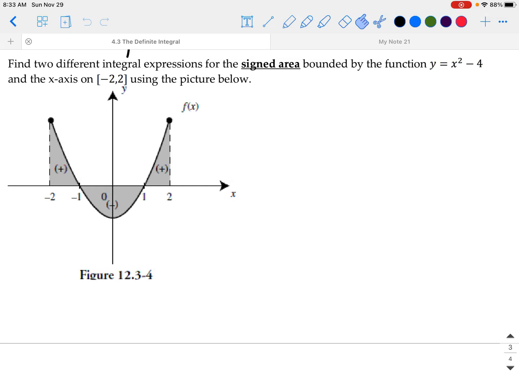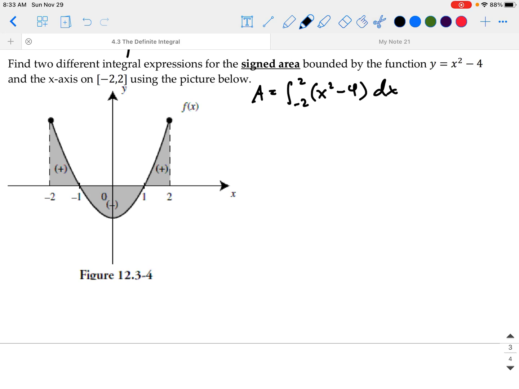Welcome back, everyone. So we're going to continue working through these remaining examples for 4.3, the definite integral. So the first example here is just showing you the different ways that we can write the definite integral given particular functions, especially in this case, functions with symmetry. So we'll note that the area is going to equal the integral from -2 to 2 of x squared minus 4 dx. So that's going to be our area under the curve, which is going to have, in this